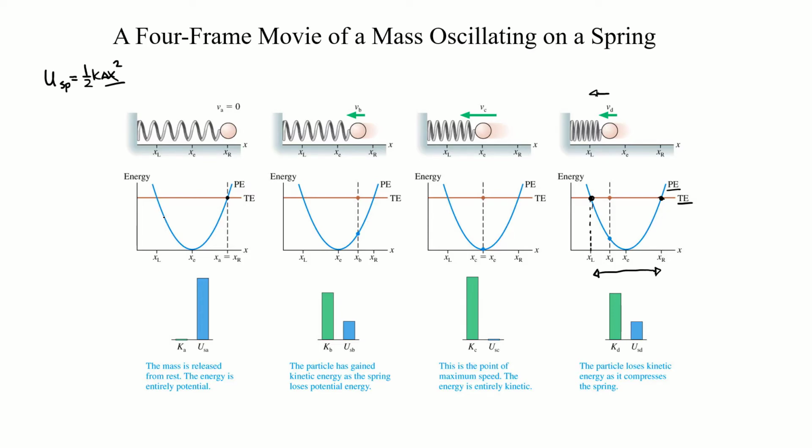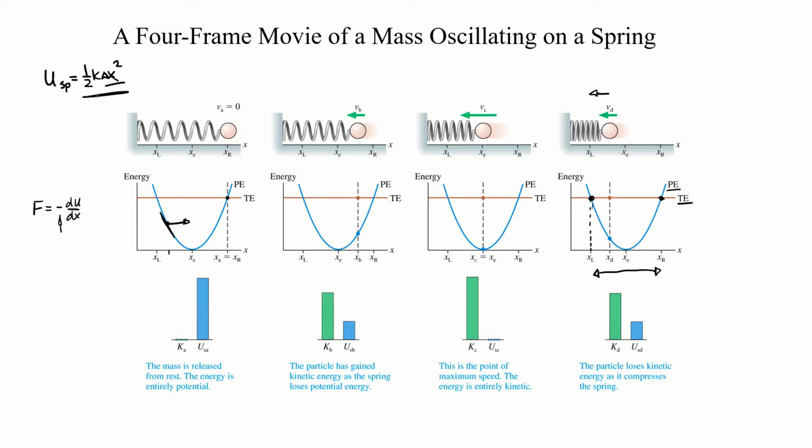Just like we did, I'll use this one over here so there's more room. Just like we did previously, we can determine the force at any given point. Remember, the force was equal to negative dU/dx in this case, the derivative with respect to position, or the slope of this plot. And we can see that this is a negative slope. So when I take into account the negative sign in this equation, it's applying a force to the right, and it's pushing it to the right, just like we would expect if this mass was at some position to the left of equilibrium, it'd be pushed to the right.